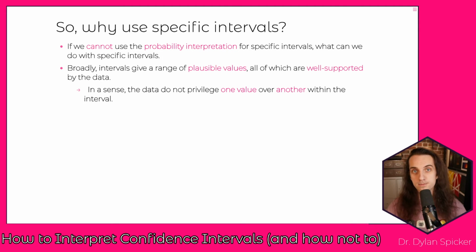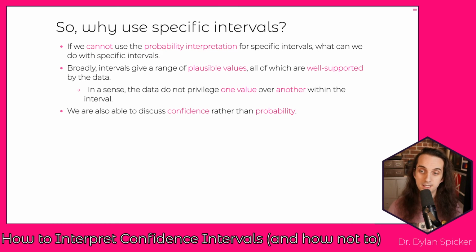And so just because you have, say, one point estimate, what your confidence interval is saying is that you can take that point estimate, but you can move it up or down a little bit, and there's really no difference based on the data. There's no reason that you would pick one of these values over another one, at least to some degree of confidence. So within these intervals, these are all plausible values. Any of them are equally good.